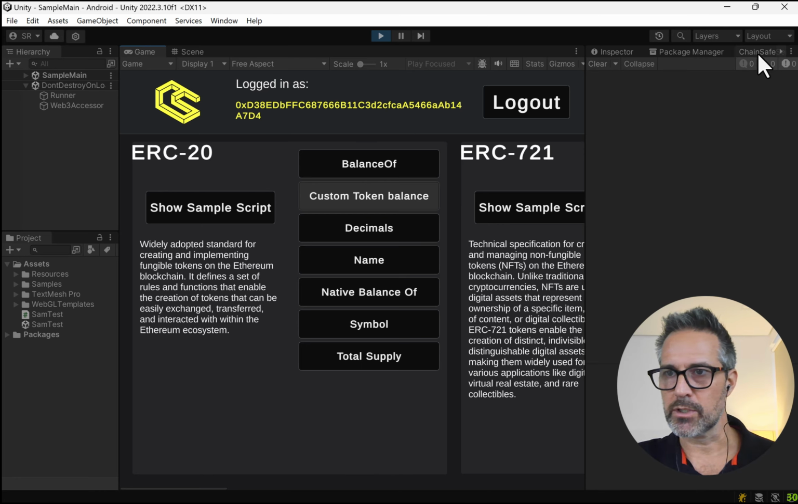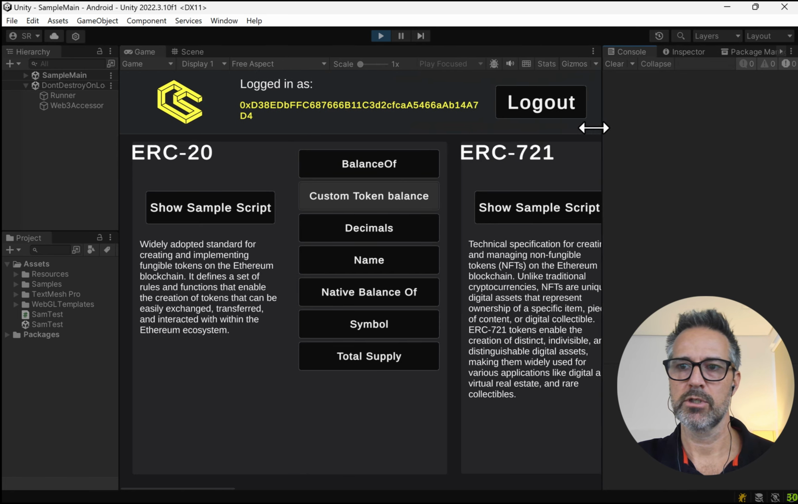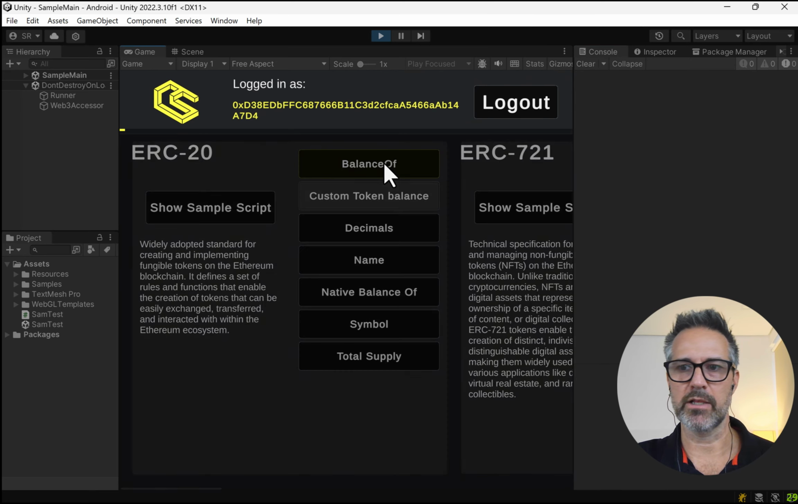Now, here's what I wanted to talk about. If I go to the, not the inspector, console. Let me bring the console over. All right, so we'll just step through some examples here. If I do balance of,